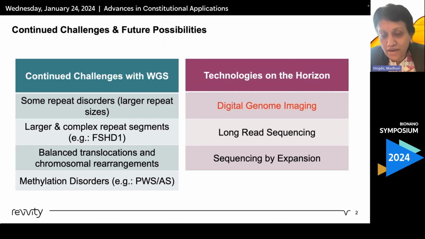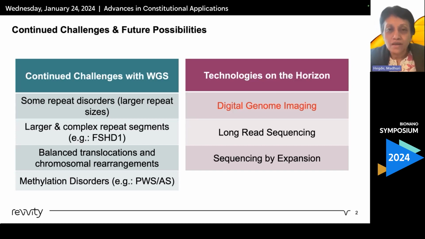As we are all very aware, even with the tremendous advances of the past decade or so, there are still many disorders that cannot be detected using whole genome sequencing. I have laid out some challenges here in the green box, which talks about the repeat disorders. Some of the larger repeat disorders, for example Fragile X, can still remain challenging. Larger and complex repeat segments, which we are going to talk about today, FSHD1, balanced translocations, chromosomal rearrangements, and methylation